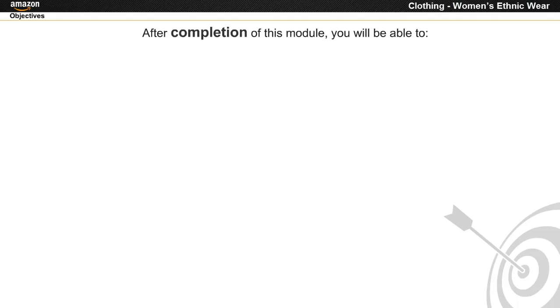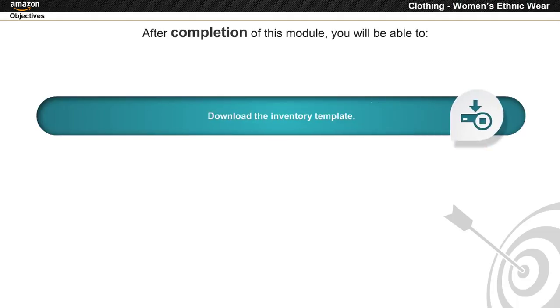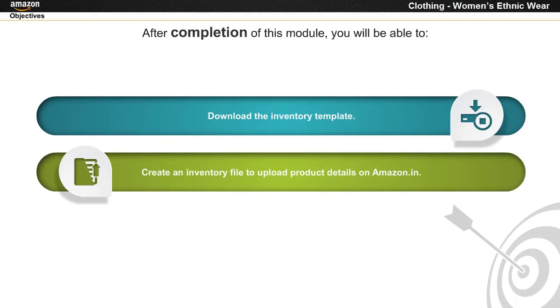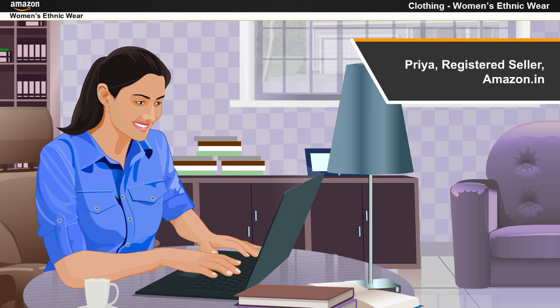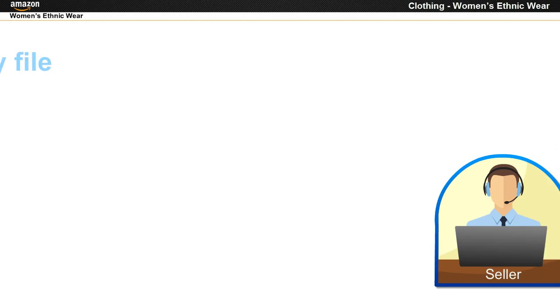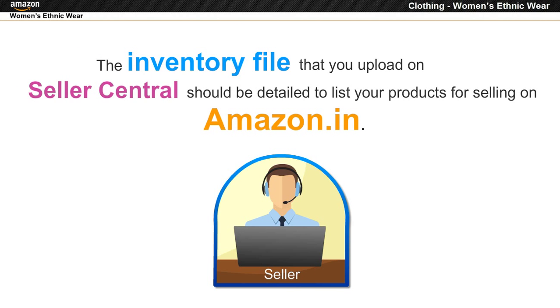After completion of this module, you will be able to download the inventory template and create an inventory file to upload product details on Amazon.in. Priya, a registered seller with Amazon.in, wants to create an inventory file for a product belonging to the clothing women's ethnic wear category. The inventory file that you upload on Seller Central should be detailed to list your products for